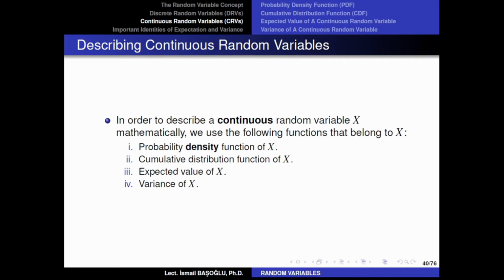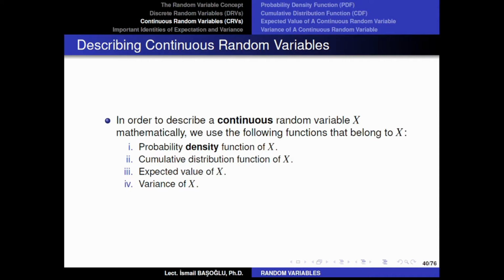So we need to understand at this point that discrete random variables can be defined with respect to their probability mass functions. However, if a random variable takes uncountable possible values, how can you define probability masses for these possible values one by one? It is impossible. Because a discrete random variable can take a countable number of possible values, you can define a probability mass function. You can say that this random variable can take the value of 0 with this probability, and it can take the value of 1 with this probability. You can give a list of these probabilities.